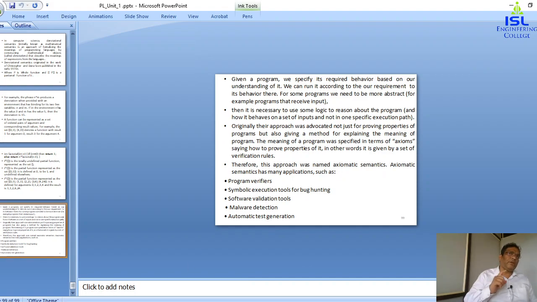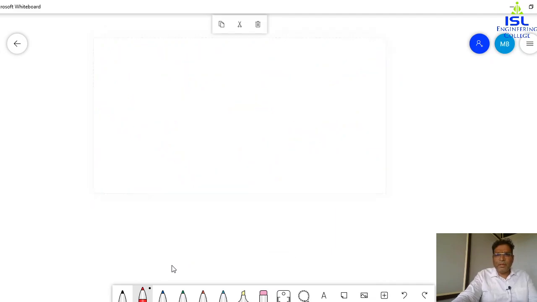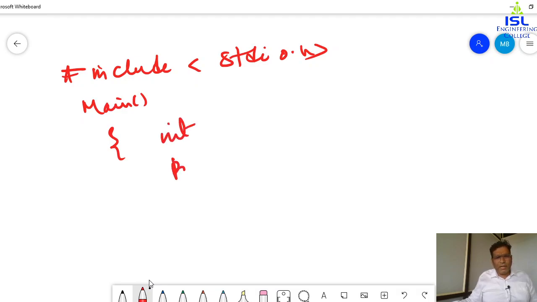What is axiomatic semantic? For an example, if I take any small program, we are able to tell you what is the input and what will be the output. We are going to see it with the help of a small example. Let's take an example. I include stdio.h, and then I move on to main. Then I'll just write printf, "enter the value